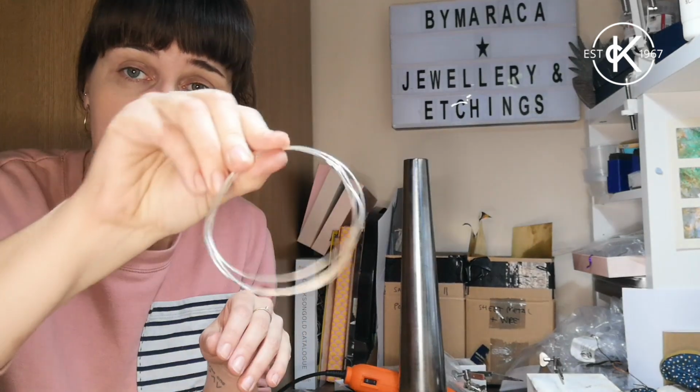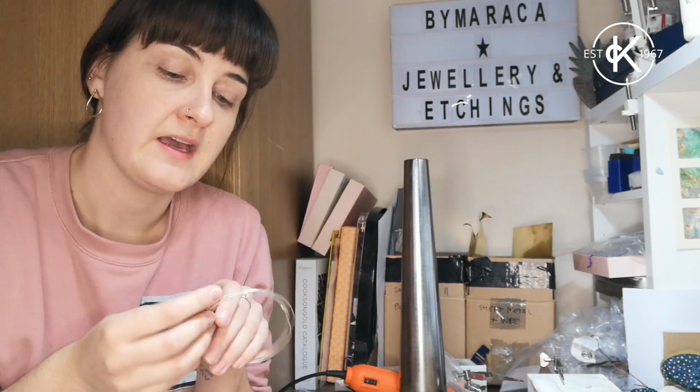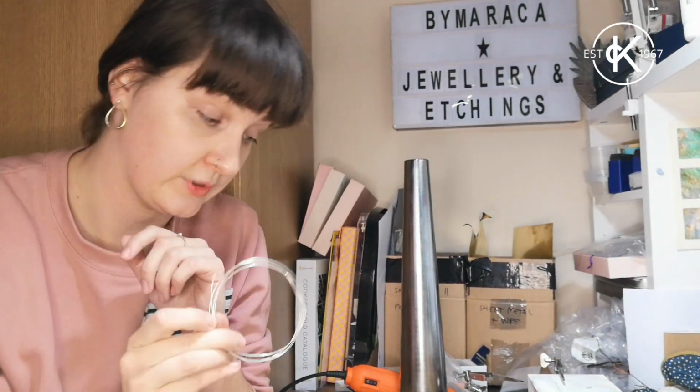Okay, so to begin with I want to go through all the materials and tools we're going to need. So first up is the wire. I'm using 925 sterling silver wire. You can use brass, copper, gold, whichever metal you like really. I use the diameter of 0.8 millimeter because that's quite good to go through ear holes, so I recommend 0.8